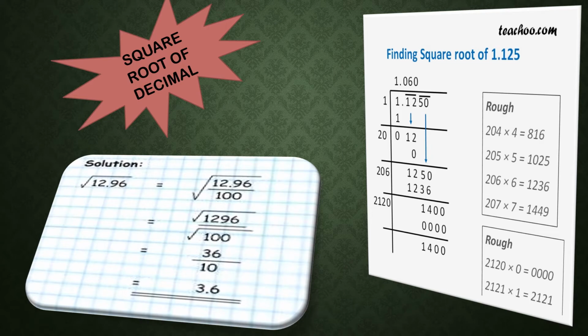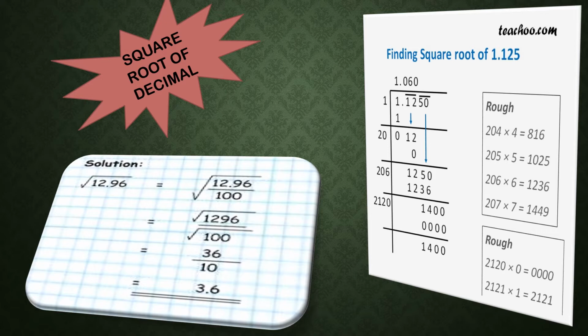Now, square root of decimal number. How to find out the square root of a decimal number? There are two processes. First of all, suppose you have to find out 1.1250, this number square root. So you can find out by division method, so that you have to pair this from right hand side first like this, then 1 ones are 1, 2 twos are 4, like this. In square number you have to check.